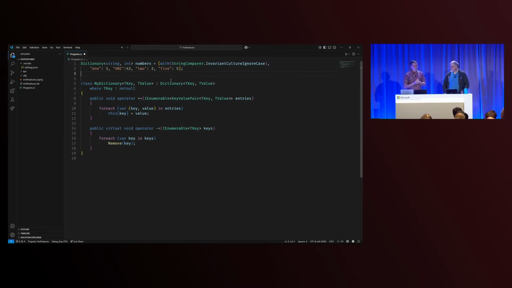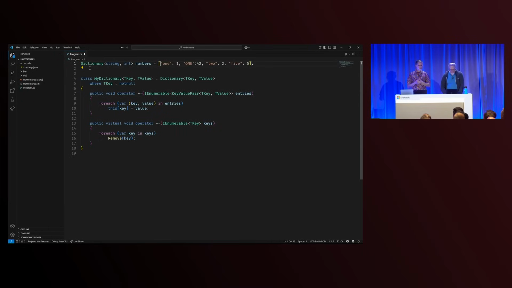Right. Yeah. But just like with other collection expressions, this is not limited to concrete classes. You could actually... I'm going to remove this because I don't know if it works. Okay. But you can use them with interfaces, right? Yeah. So I can do IDictionary just like we can with collection expressions. You can do with IList, IEnumerable, and that you'll be able to do. The compiler decides what to build. It will decide to build a dictionary for that one.